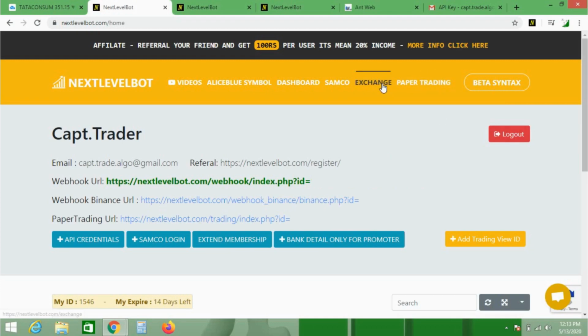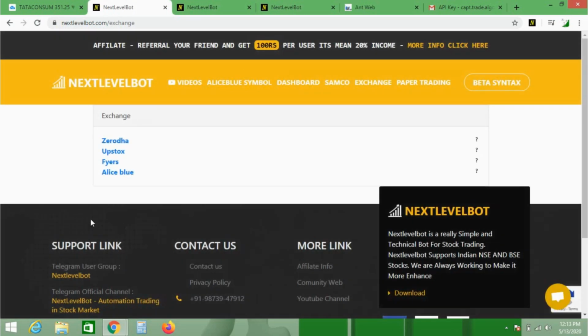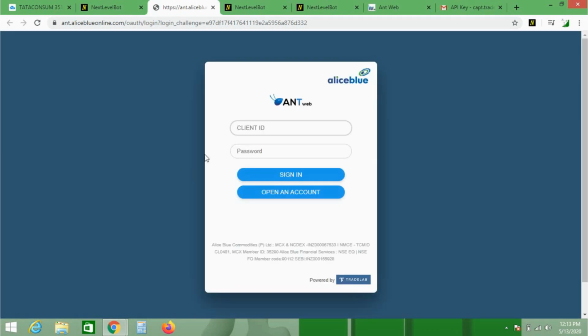Okay, now how to activate is, you go to exchange. This is the final step so that it becomes live. Here once you subscribe, guys, you get these items. Otherwise, if you are not paid members, you will not get this option. You click Alice Blue, then you have to put your login IDs.